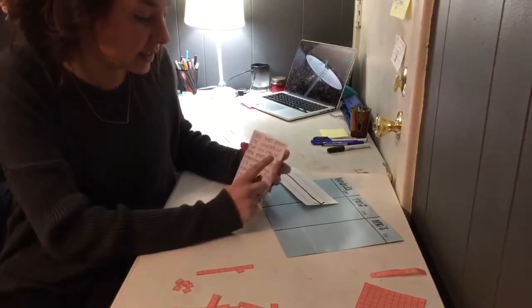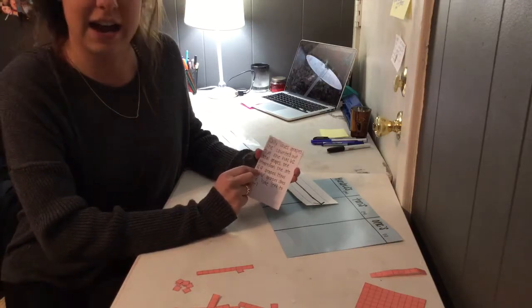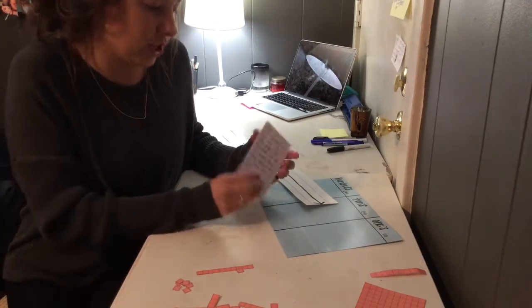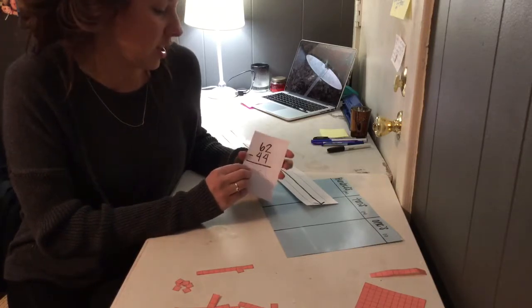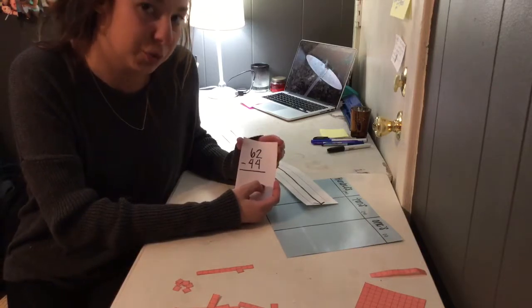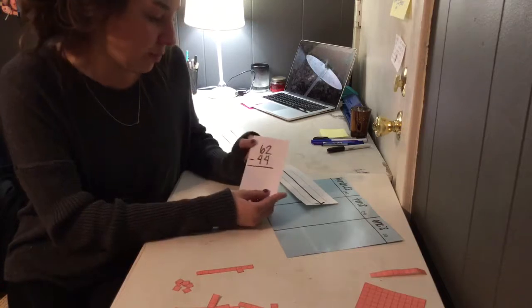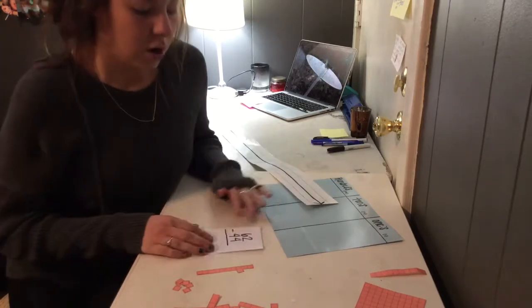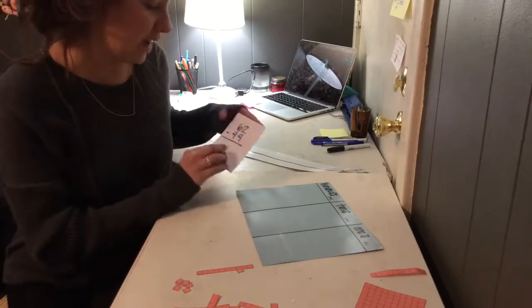So if she has 62 and she ate 44, we need to find out how many she has left. So we do 62 minus 44. And these are both whole numbers. So we're using whole numbers for our math problem, our word problem. Okay, so if we have 62,